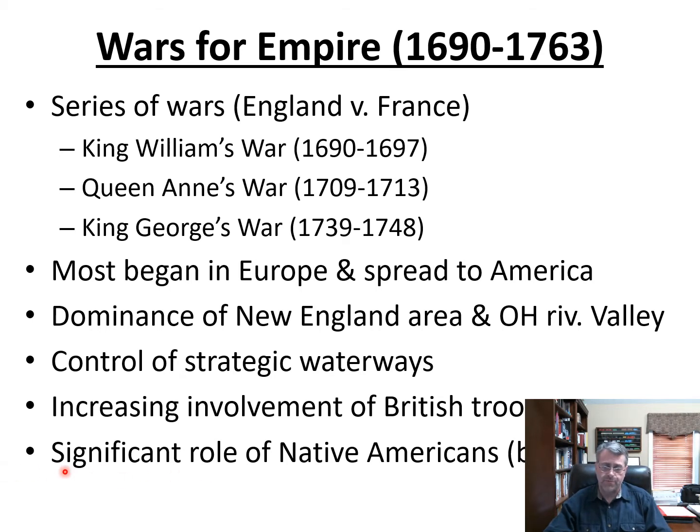So Native Americans will play a role here on both sides. Most of the Indians that fought with the French are the Algonquin tribes. There are many different tribes that make up the Algonquin, kind of a federation. And on the British side, we have primarily the Iroquois. There was again a confederation of multiple tribes that made up this Iroquois confederation. The Iroquois and Algonquin were traditional rivals anyway. So again, we see the support from the Native Americans for England and France being divided along their traditional rivalries as well. So that'll play into the story as well.